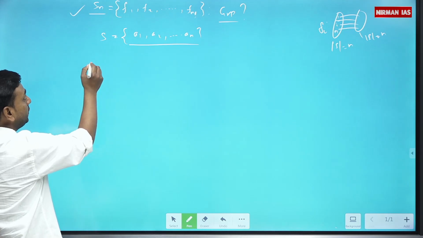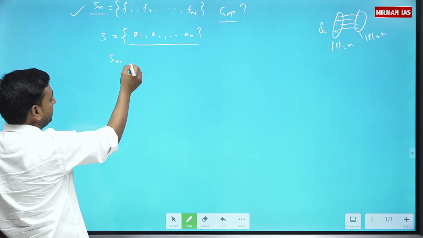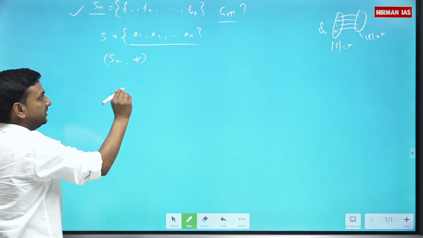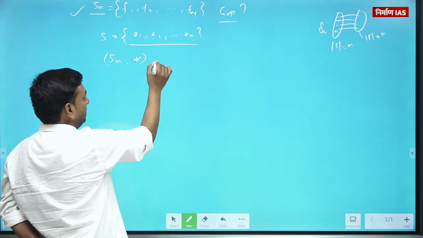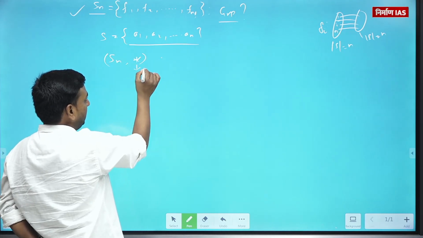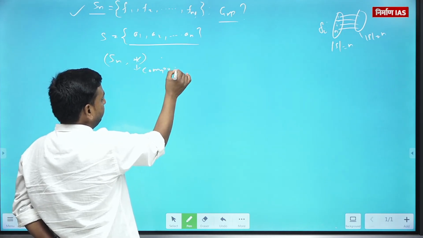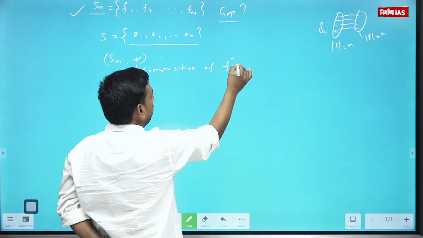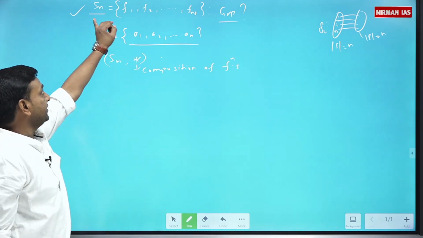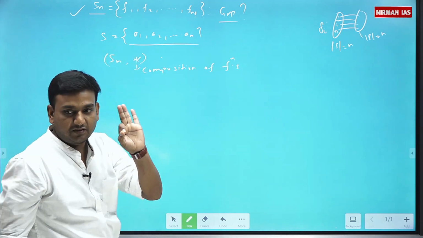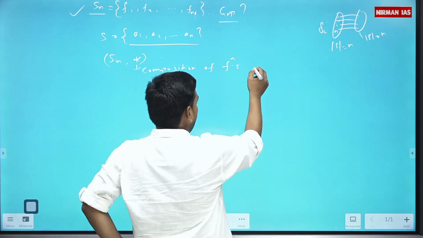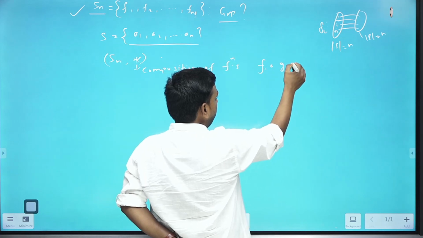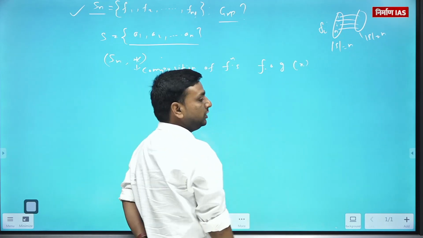So I am taking this operation, represented by star, and I define it as composition of functions, because Sn has functions as elements. And how is it defined? We say f of g of x